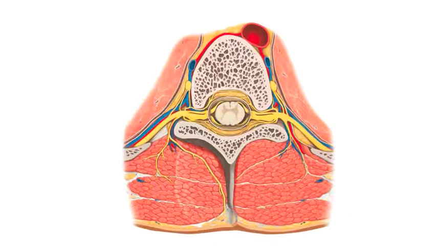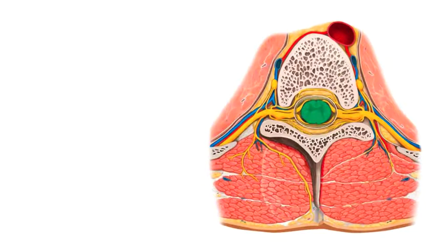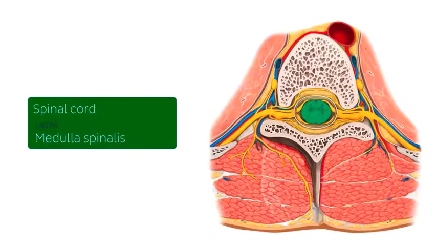To do so, we're using this image that you're looking at right now, which is a section of the spinal cord and the structures that surround it at the level of a thoracic vertebra. We're looking at it superiorly. So this is a section at the thoracic vertebrae, and we're looking at it superiorly, where we can then highlight the different structures, starting off with the spinal cord. The actual spinal cord is a long, thin, tubular bundle of nervous tissue and support cells that extends